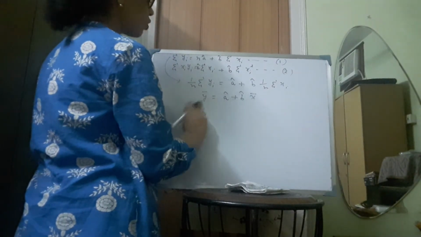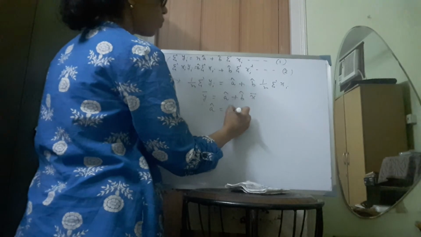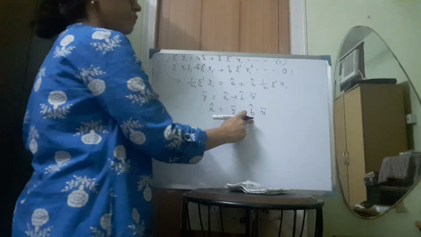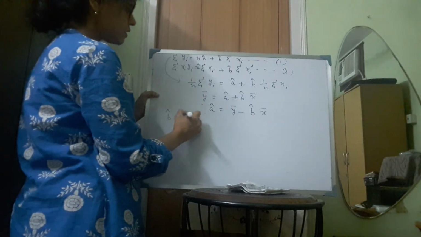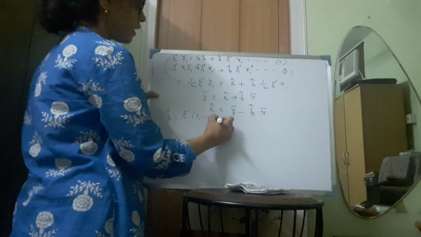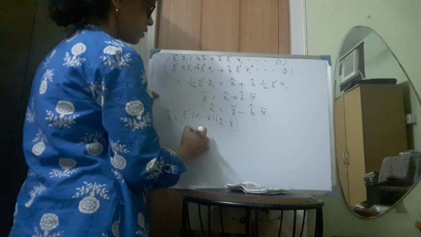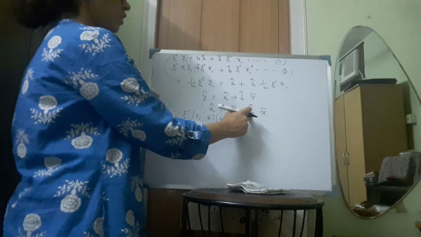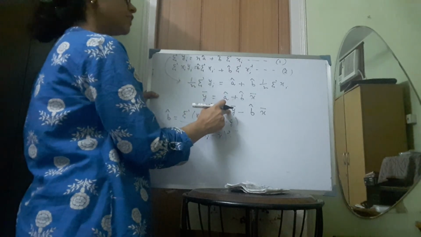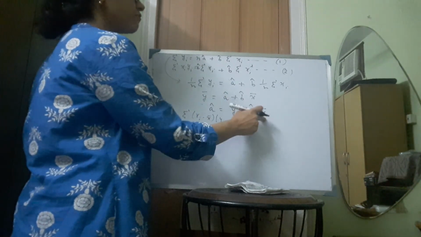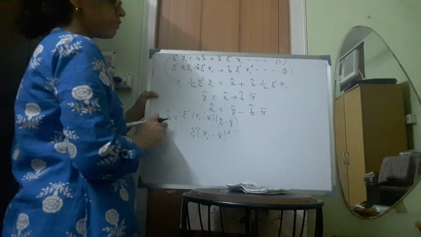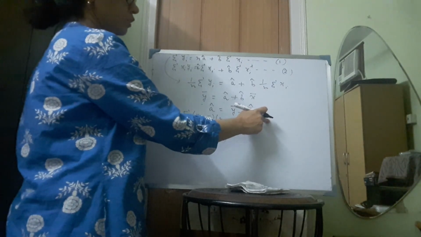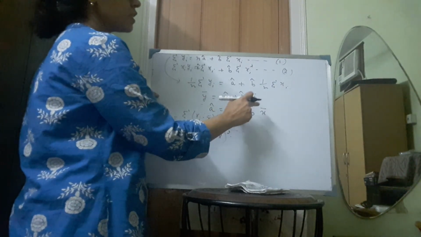So a hat is equal to y bar minus b hat x bar. We have already got the value of b hat, and the formula for b hat is summation of (xi minus x bar)(yi minus y bar) over summation of (xi minus x bar) whole square. If we put this value here, then we can find out the value of a hat. If we have the data on x and y, we can find out y bar and x bar, and from this formula we can find out b hat, and then we can get the value of a hat from this line equation. So a hat is equal to y bar minus b hat x bar.